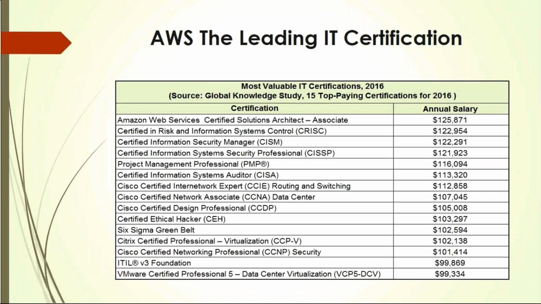But if you see here, this is one of the sample certifications which I picked from a magazine, which says, see at the topmost, Amazon Web Services Certified Solutions Architect Associate Exam. That is the topmost certification which was going on in 2016. I don't think it has changed in 2017. It is almost the same. So that is why you should do this certification, which will help you build your career. Does it make sense, guys?